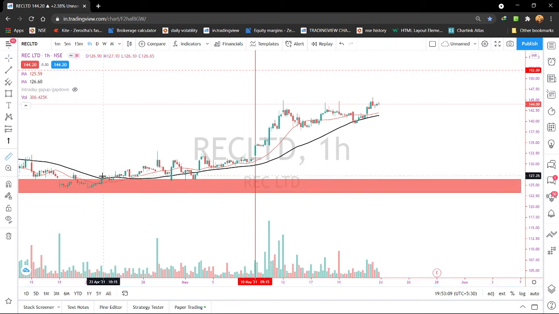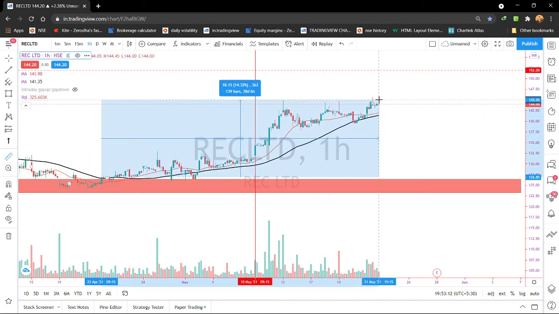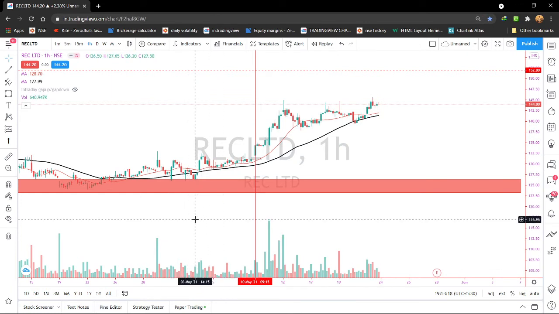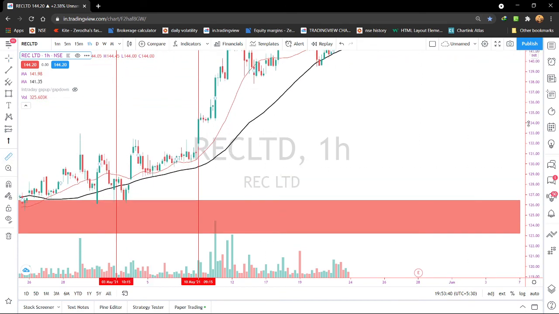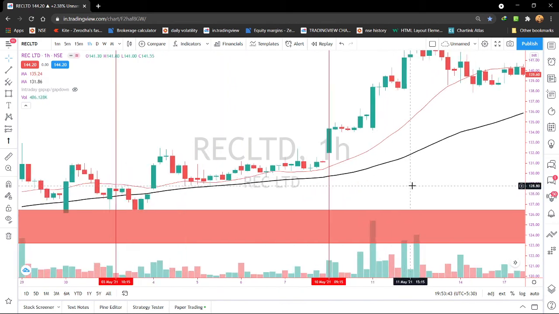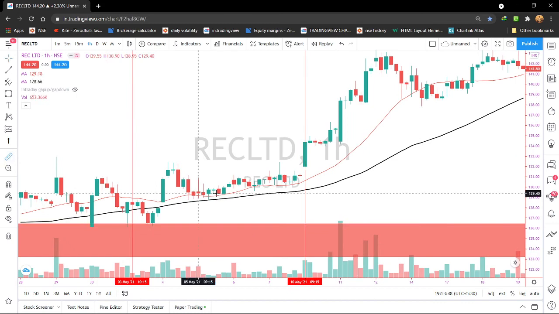Okay. If you had entered here, you would have made 14% till now, on the 28th. But we have to enter this stock after April. So the starting of April is this, and we got the chance here, right? So it was very far away. 5% SL is more. So we will wait for it to take support at the 50. Here it took support, making a hammer candle. You can see it is a hammer candle, but volume is less. Still, you can take a risk because it is changing its trend.